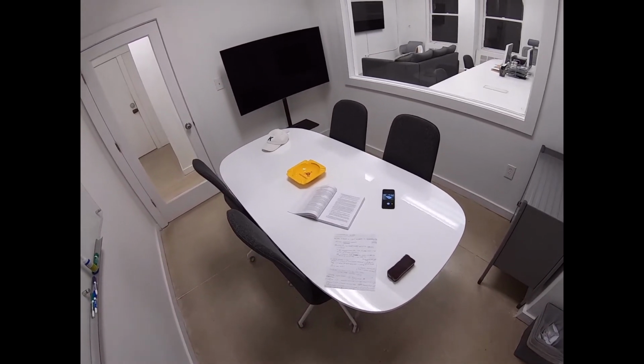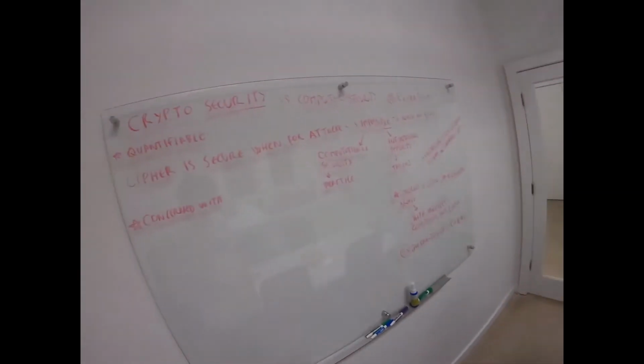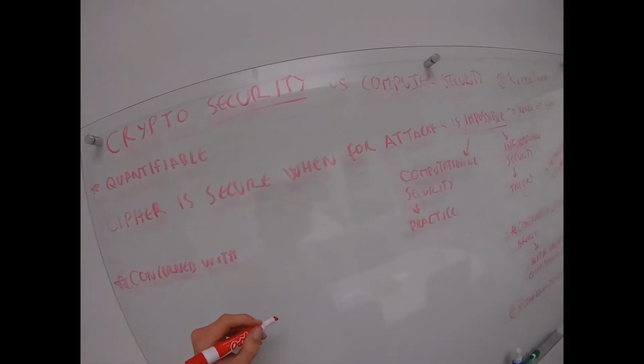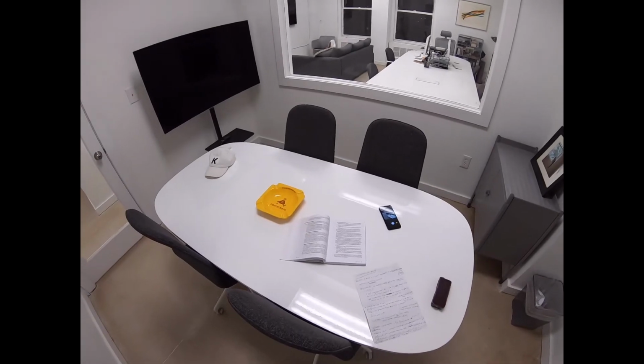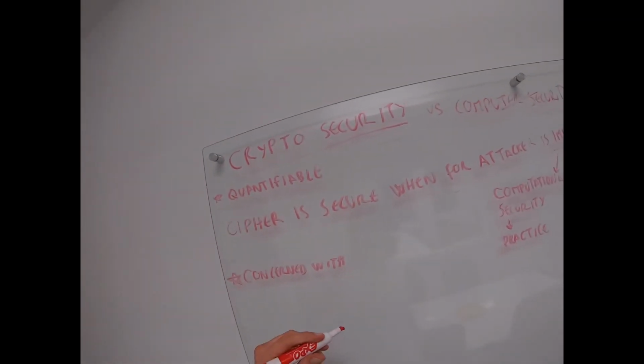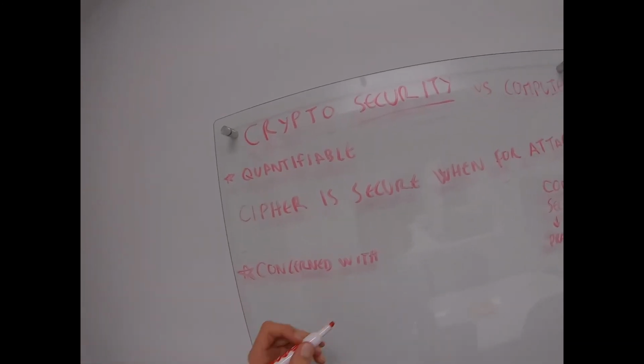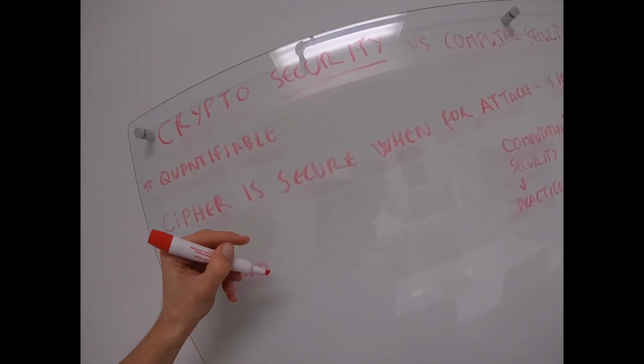Is secure if it can only be broken in a reasonable time with reasonable resources. So say concerned. I'm having a little bit of a grammar English moment. Concerned if cipher